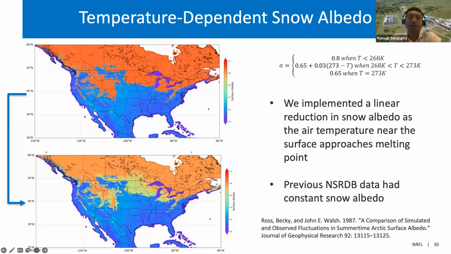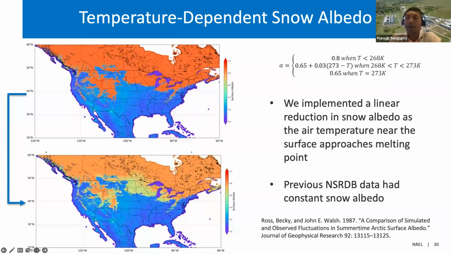So we originally had snow albedo, which is fixed at 0.86, which is pristine snow, with bifacial PV being of so much interest to our users, and all our users are using our albedo data set. We decided that we needed to have variability in the snow, and we implemented a new model, which is available through the newest version of PSM, and all of the data will be online soon.